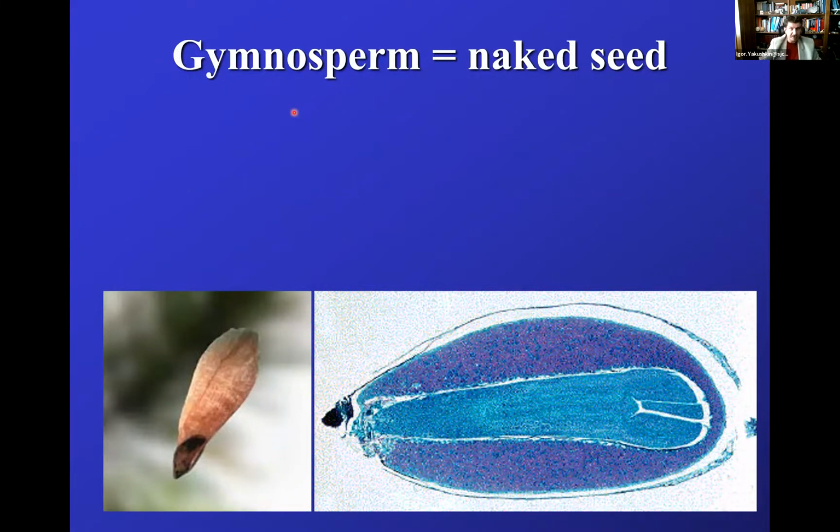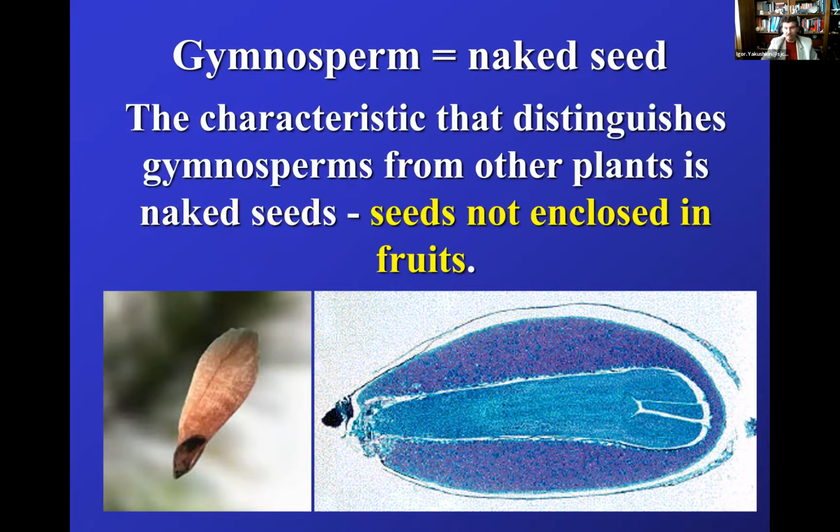In ancient Greece, they were working out literally naked, hence the name. So now the characteristic that changes: the seed is not enclosed in fruits, no fruits for the gymnosperms. That's the main thing. Even though, once again, it says naked seeded, and some of you will start answering, oh, naked seeded means they don't have the seed cover. They do. You can see it right here. That part, the outer part right here, that's a seed cover, which is protecting the embryo with the food source from drying out. But there is no fruit.